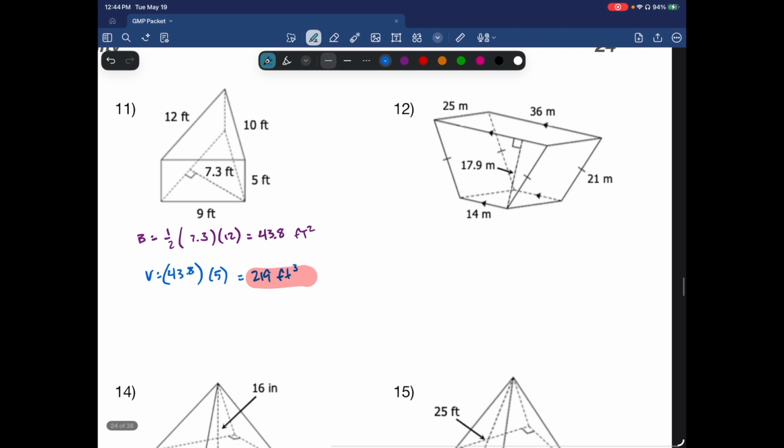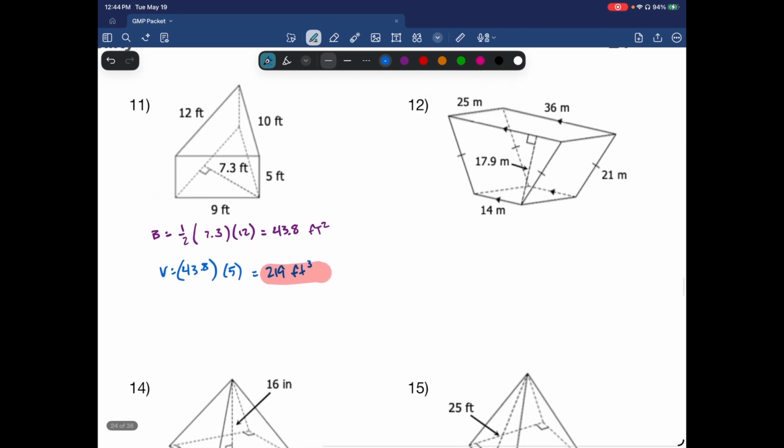Okay. Now we have a trapezoid, so I need to find the base area for that. That's going to be 1/2 times the height of the trapezoid, which is 17.9, times the sum of the bases, which is 14 and 36. And so that's going to give me a base area of